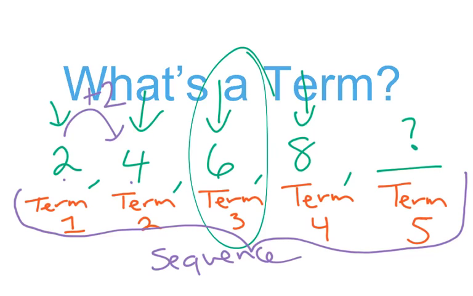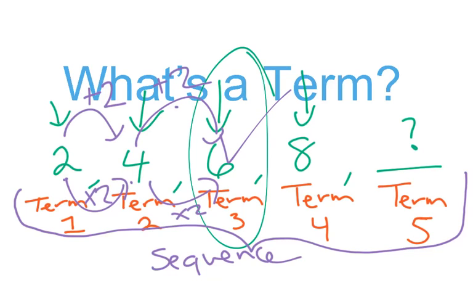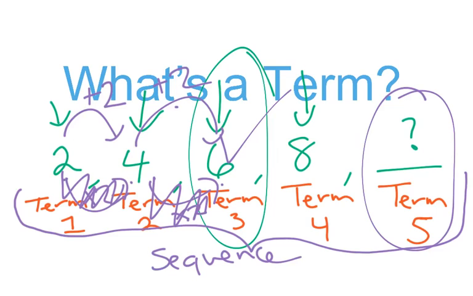2 plus 2 is 4, 2 times 2 is 4. Check the next one. Plus 2, times 2. 4 plus 2 is 6, that works. 4 times 2, ooh, that's not 6. So this is not a multiplicative sequence, it's an additive sequence. So the sequence is the whole thing, the whole pattern, and the term is the one specific number. So if we have the sequence 2, 4, 6, 8, the fifth term would be 10, because we are adding